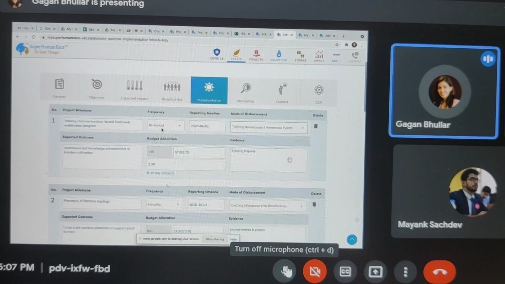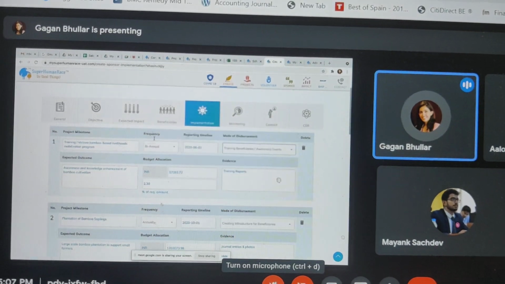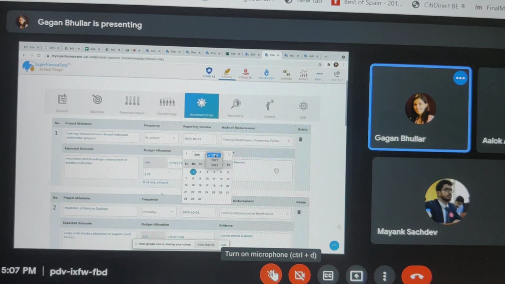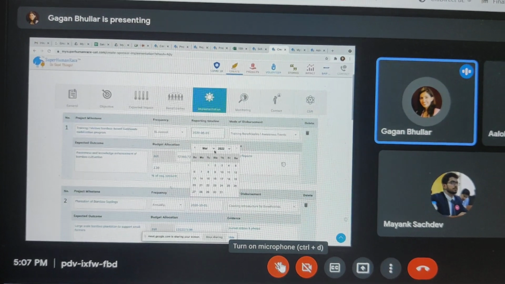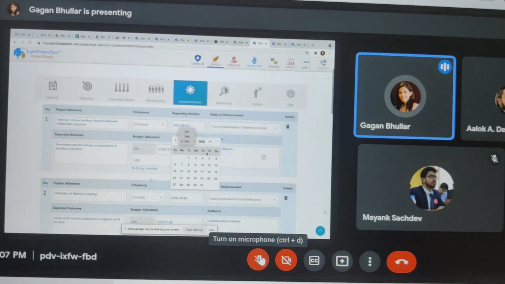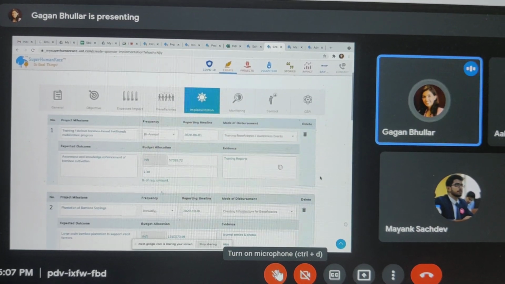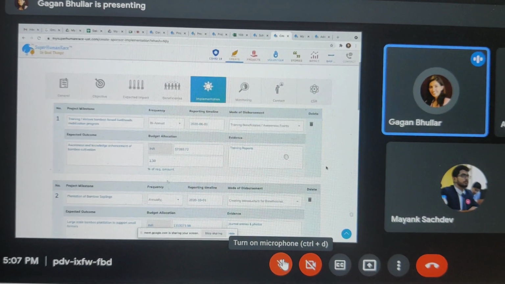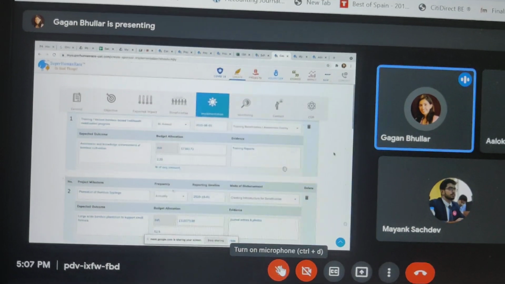Yeah. And then right here on this form, they are also able to select the frequency and the reporting timeline as well. So like I mentioned, right? So if the frequency is biannual, but the reporting timeline, so this project starts in April of 2020 and it goes on till March of 2022. So you can only select a timeline which is within this range for implementing your milestones, right? But your reporting timeline can be 6 months out, 1 year out, even if it's biannual. So it's not necessary that the milestone has to begin at the beginning of the program itself. So that flexibility is again provided to the partner.